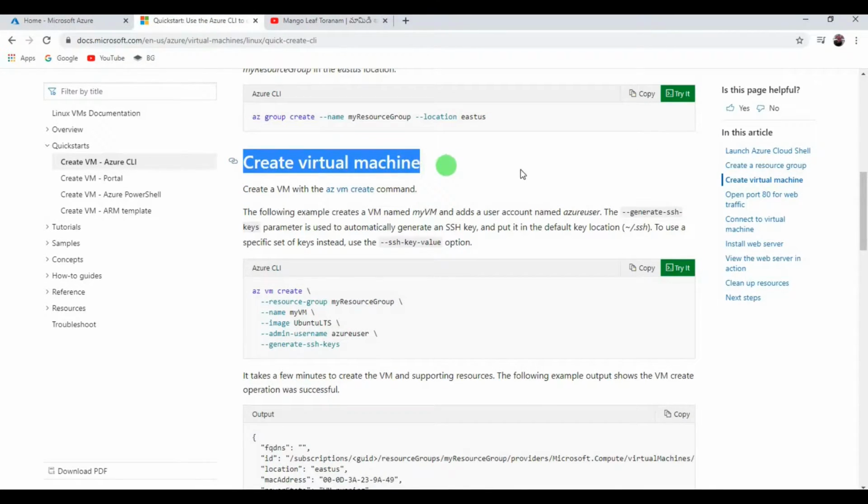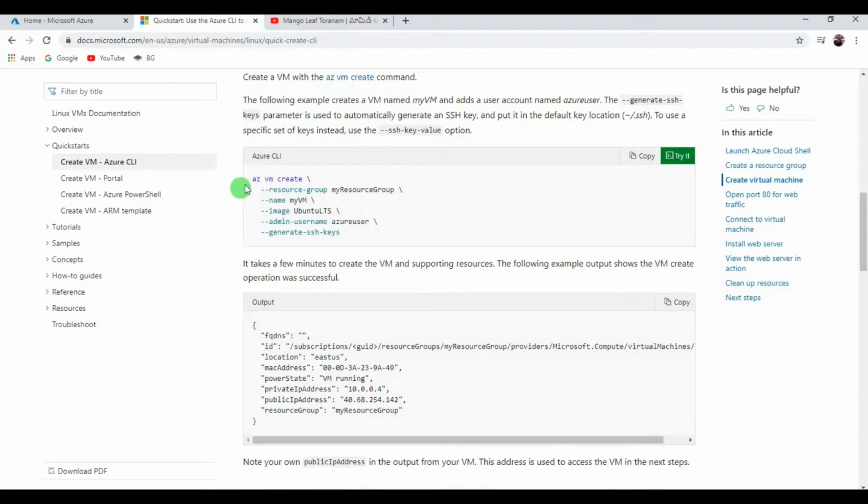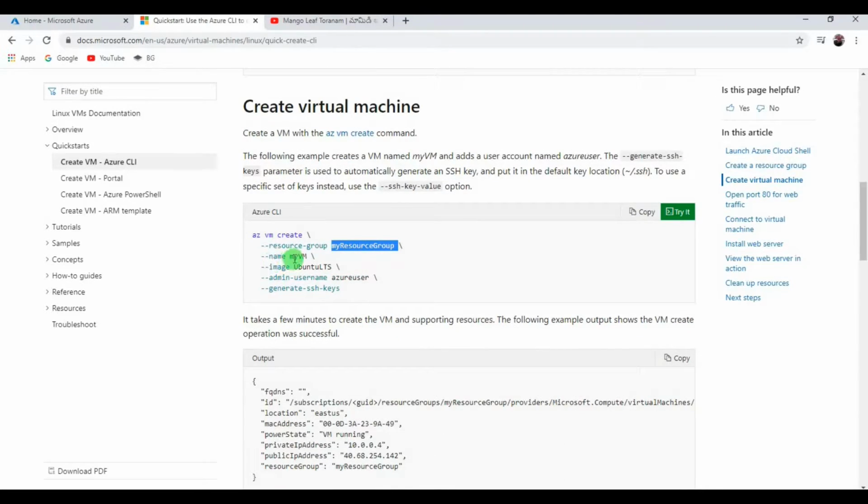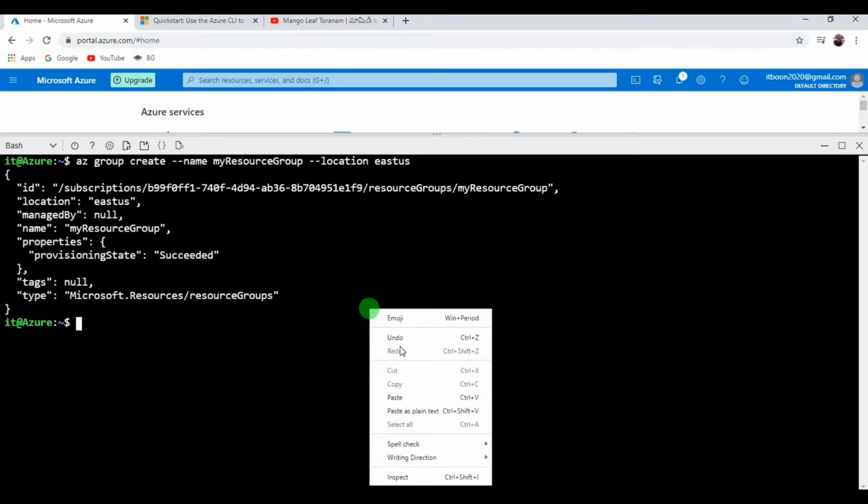In the next step we will be creating a virtual machine. Use this command, az vm create. We are using the resource group which we created in the previous command, and the name is myVM. The image I am using is the Ubuntu stable version, the user is azureuser, and I am going to use generate SSH keys for this. To connect to this VM once it is created, we will be using the public SSH keys.